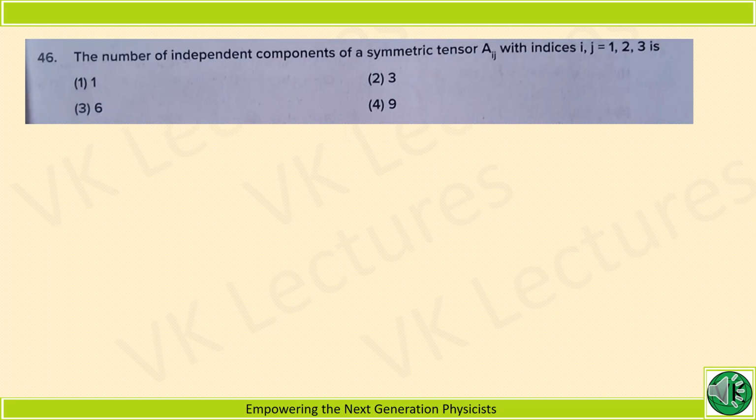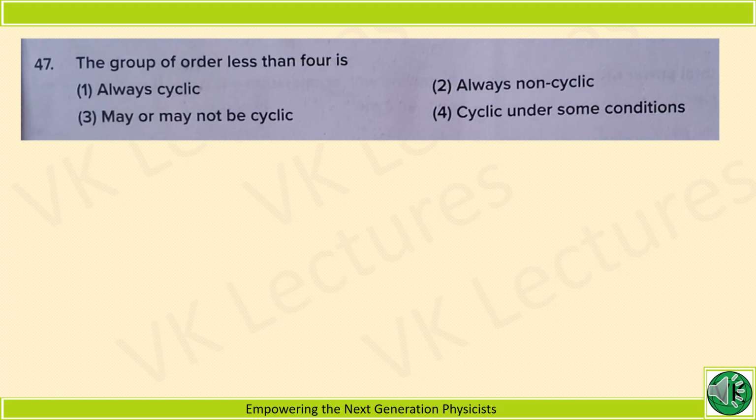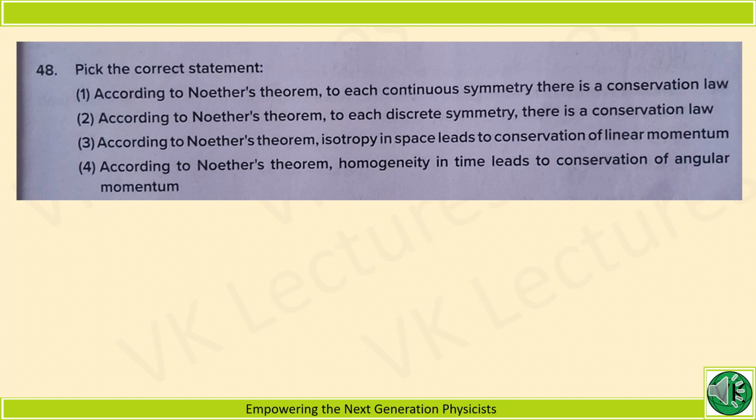The number of independent components of a symmetric tensor Aij with indices i, j equal to 1, 2, 3 is option 3, 6. The group of order less than 4 is always cyclic. The correct statement is